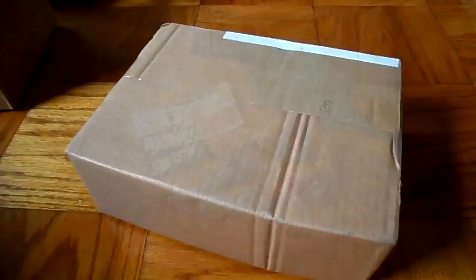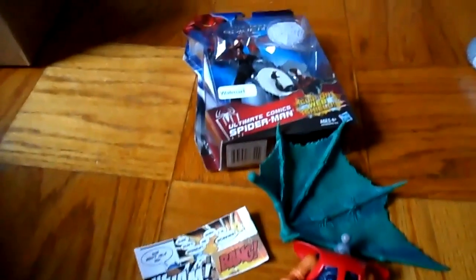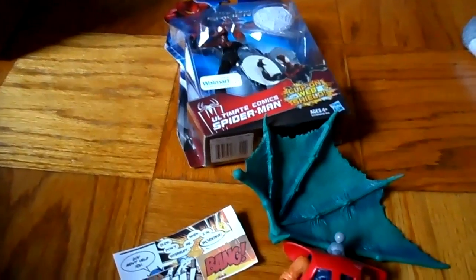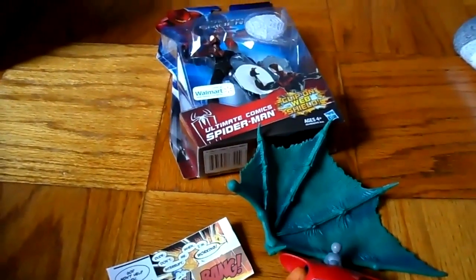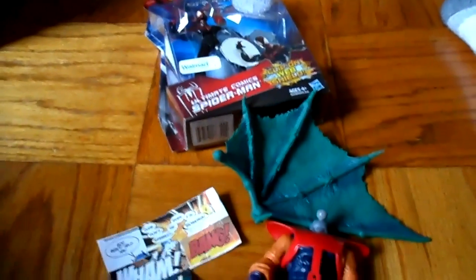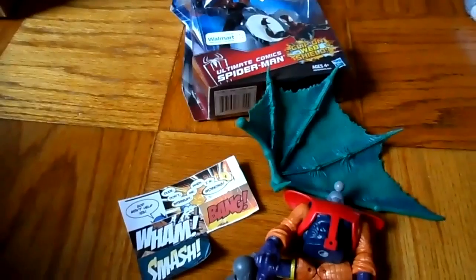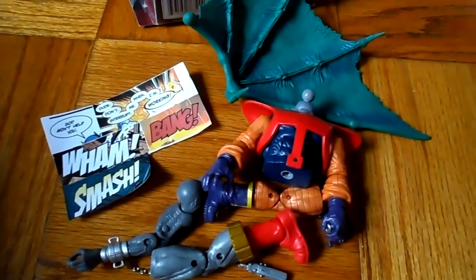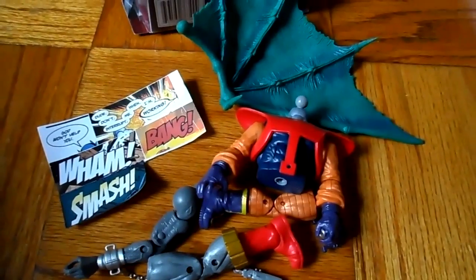Alright, so this was a FSP prize package. Well, not a prize package, but a donation for the FSP from my man Christian. Hooked it up with an Ultimate Spider-Man here. A lot of people still trying to get that. A Wing to Annihilus. I don't know what the other one is, and I don't know what possessed him to put the arms to Arnim Zola on